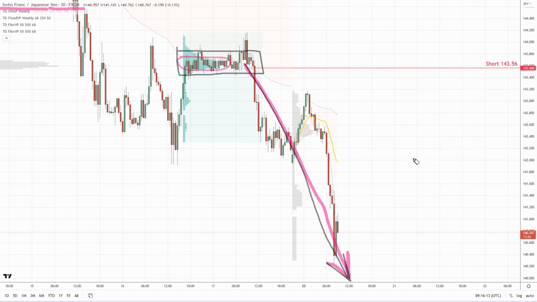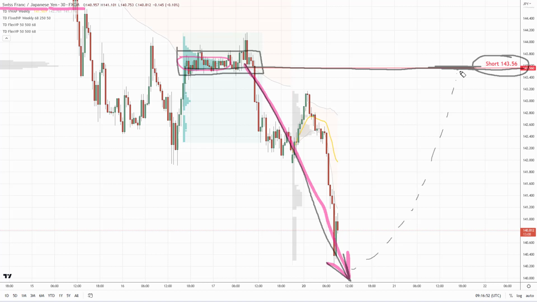Now, the next thing that you want to do is wait for a pullback to that heavy volume zone. I prefer to trade from the beginning of that heavy volume zone. In this case, it's at 143.56. So when there's that pullback, and this can take some time actually, it doesn't need to be today, tomorrow, maybe it will be next week, maybe the week after that. But it doesn't really matter because markets have good memory, and even if this takes a lot of time for the price to get back to this level, there's a good chance that the price will react there.